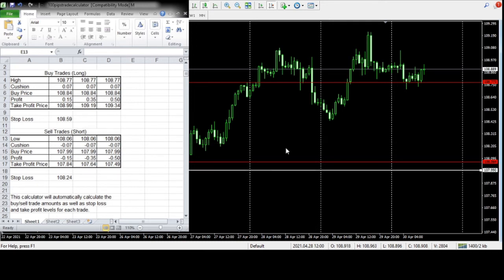107.99. You can see that the price did not even come near it. So for that day, we just took 35 pips thereabouts that very day. Okay, so let's just do the one for